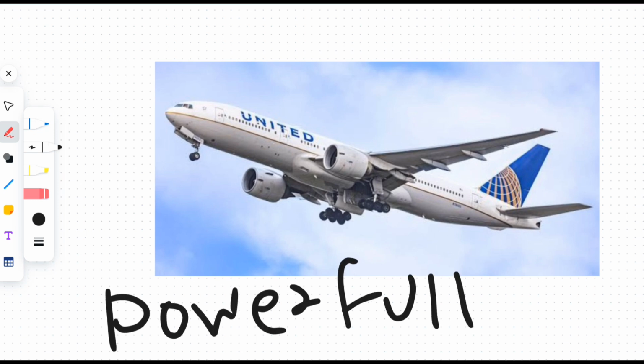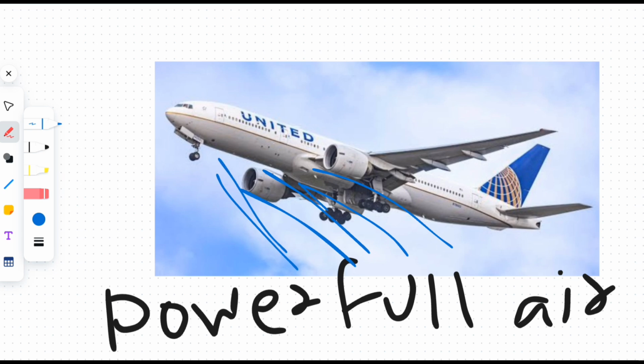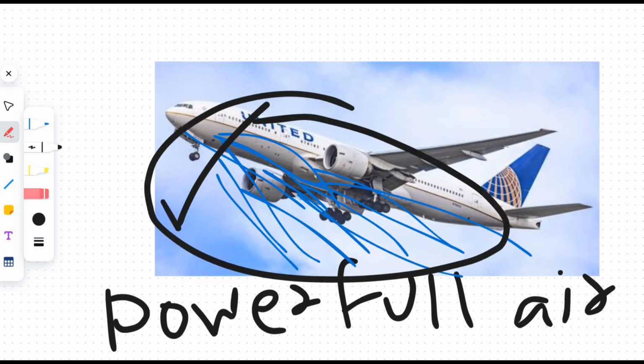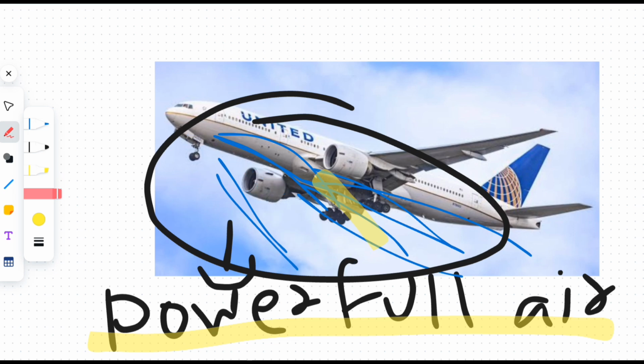Now we will talk about powerful air. As I have told you, the powerful airs will be the hardest ones. This is the centrifugal force of the earth forcing the plane to go up. So this is the powerful one. And we have one more air, the powerful air. I will be talking about it later. So I have given you the powerful air. This air is very helpful for the plane. The earth's centrifugal force forces the air to go up in the sky.